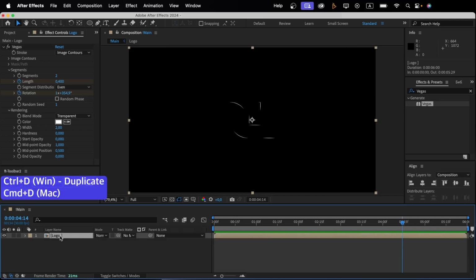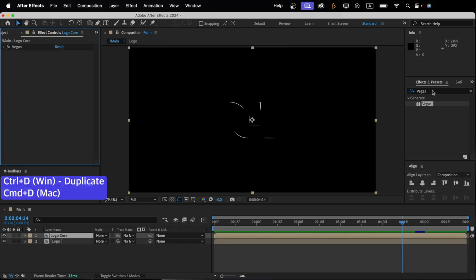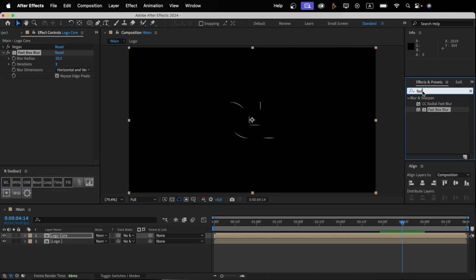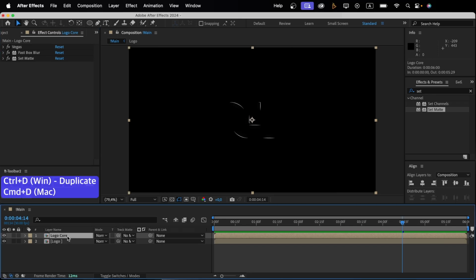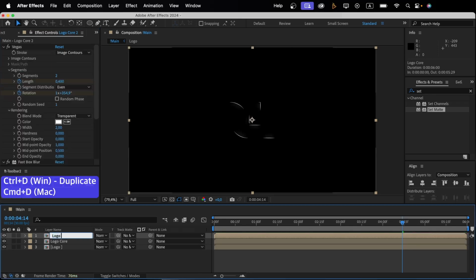Duplicate the logo layer and rename it Logo Core. On this layer, add a fast box blur with a blur radius of 20. Also apply a set matte effect. Now duplicate that layer, rename it Logo Halo, change the blur radius to 40,